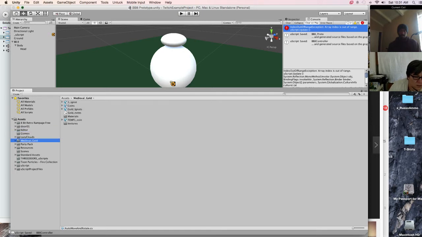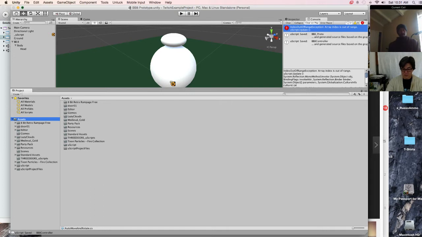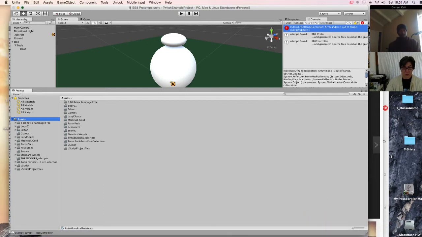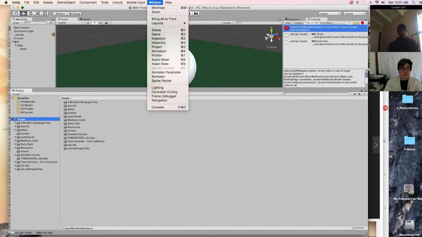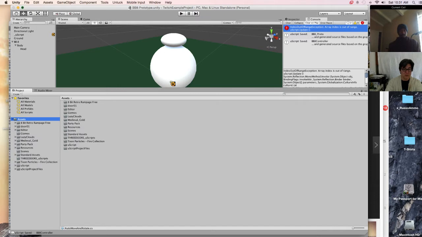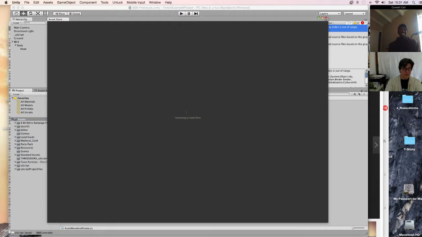Easy clouds, materials, textures, models, resources, no. Scenes, standard assets has nothing. Doors, tune particles shouldn't have anything. Actually, I bet if I do this, let's kill that solution and quit MonoDevelop. So ProBuilder, let's go to their asset store page. No, not the audio mixer. No, asset store.